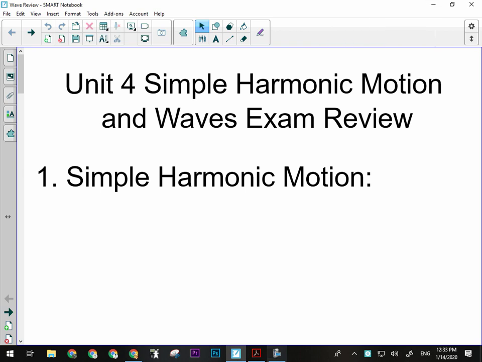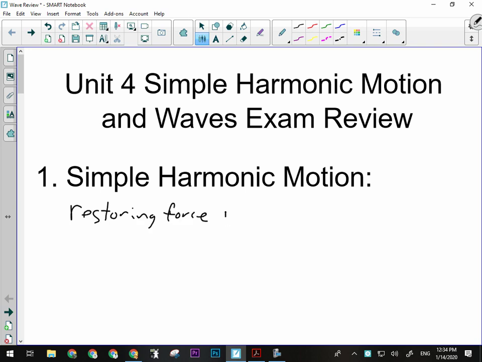Okay, so for the simple harmonic motion and waves exam, the first topic in this unit obviously was simple harmonic motion. We talked about what needs to occur for simple harmonic motion to occur, okay? And the key thing for simple harmonic motion to occur was that there had to be a restoring force,